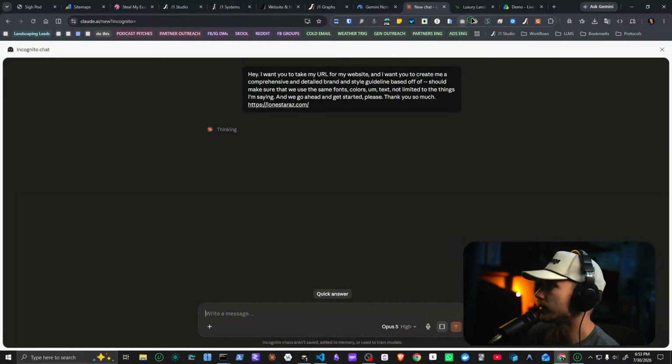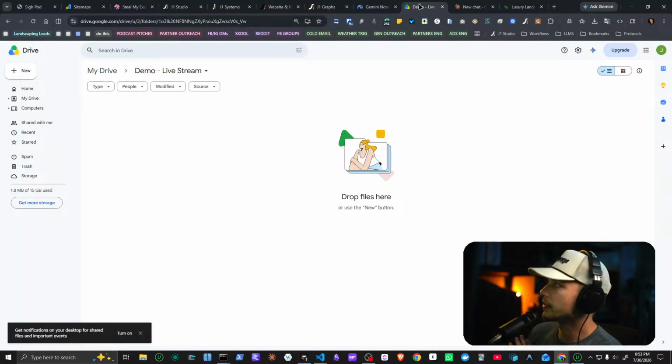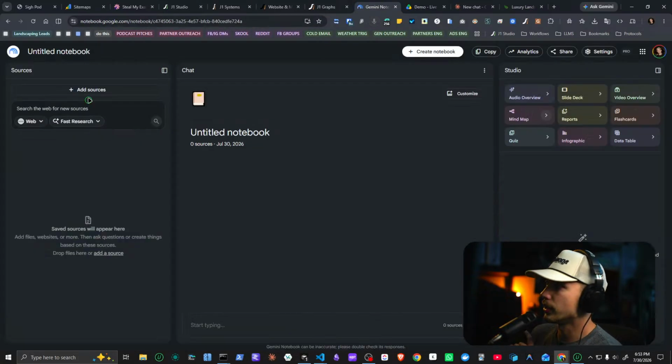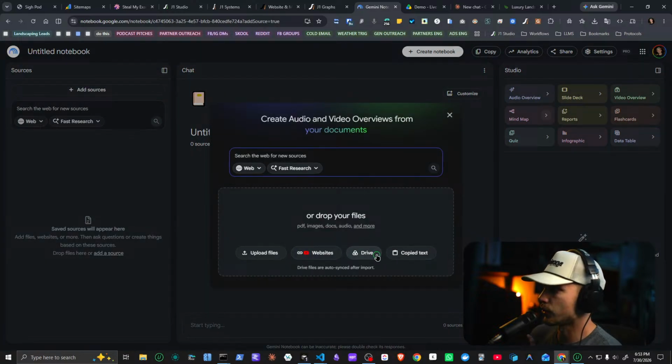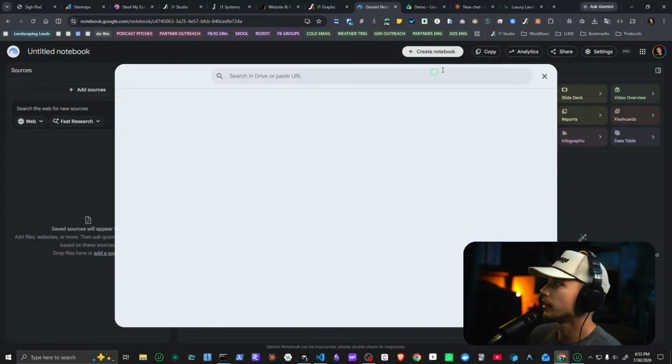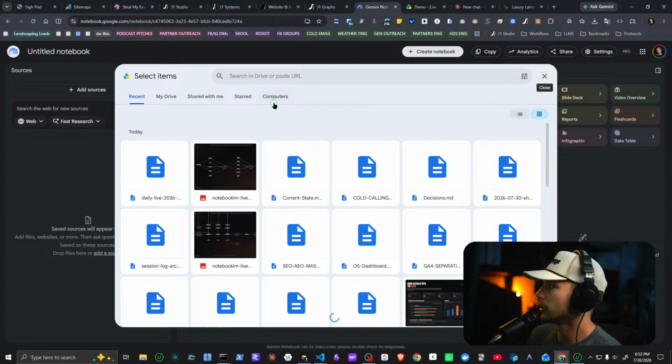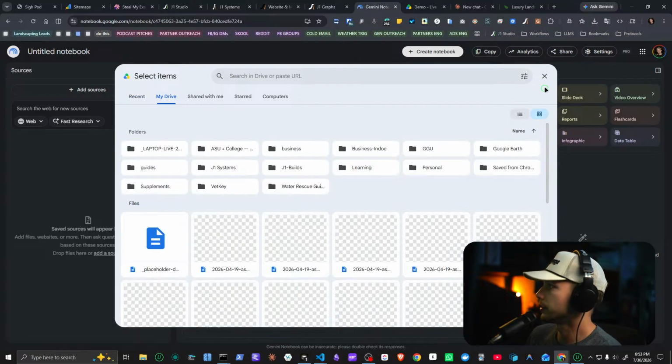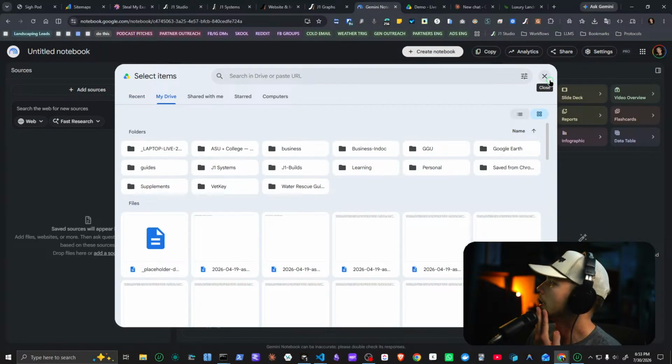So very generous, and you can save it there. So save everything that you build into a Google Drive, and then we're going to upload that as a source from the drive right here. Okay, so let's see my drive, and it looks like I'm connected to my other drive,